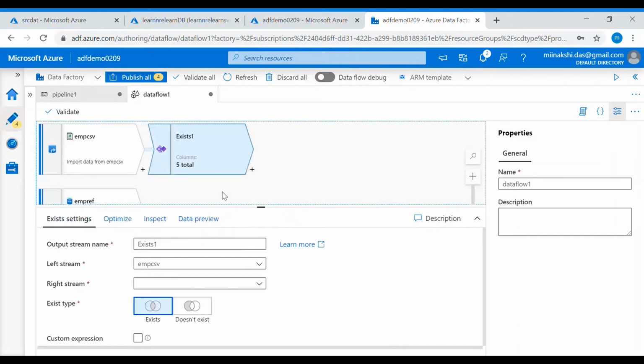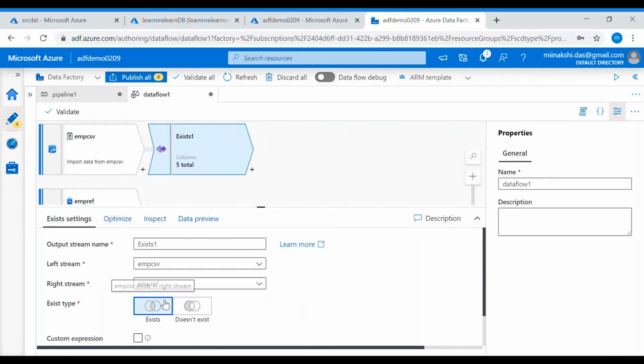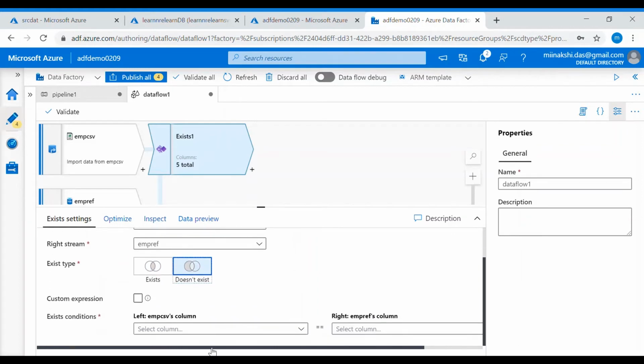In the Exists transformation, our left stream is the CSV file and the right stream is the employee reference table, with the Does Not Exist option. When we check if the data exists or not, we check this condition based on a key column. Here our key column is the employee number.